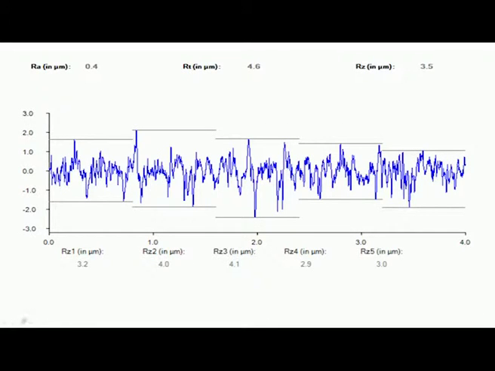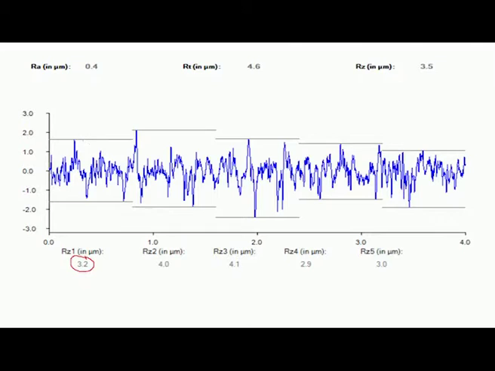Now, here we can see a profile in which we have considered 5 sampling lengths Rz1, Rz2, Rz3, Rz4 and Rz5. We can see here Rz1 value is 3.2 micrometer.